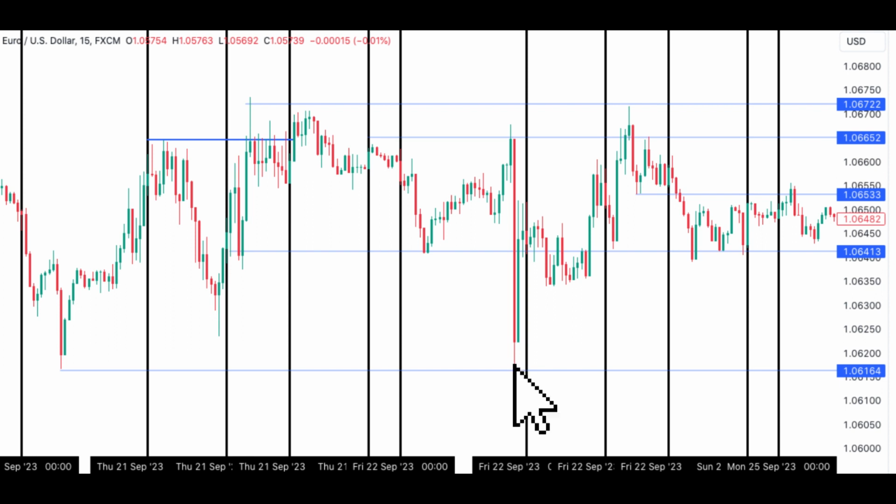Here in this low, price tapped in and moved up immediately. Here in this high, price gave a shooting star candlestick before dropping. Here in this low, price rejected it and moved up. And also in this high, price failed to break from this previous session high and dropped with a very long